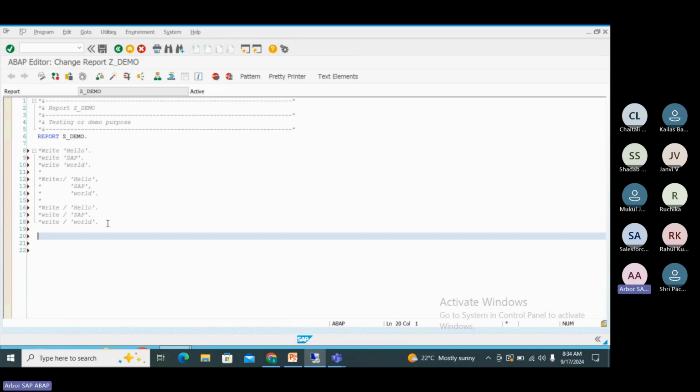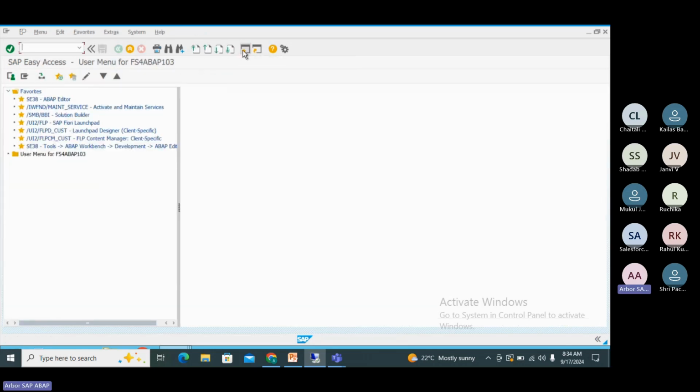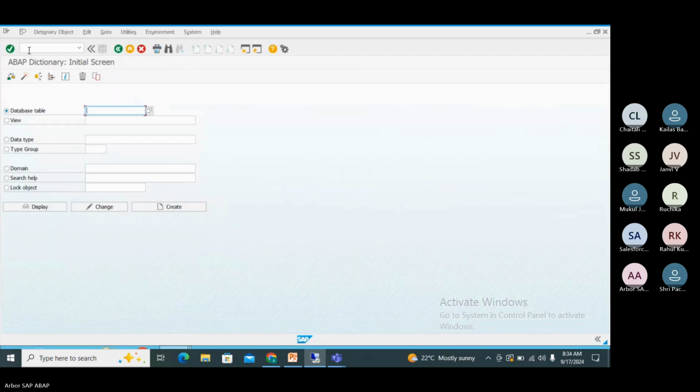Next we will see the data types, as we discussed yesterday. I will show you the data types in the system, then how to use them in the program. If you want to see the predefined data types of ABAP, you can just open a new screen and type SE11. Then here, in domain,